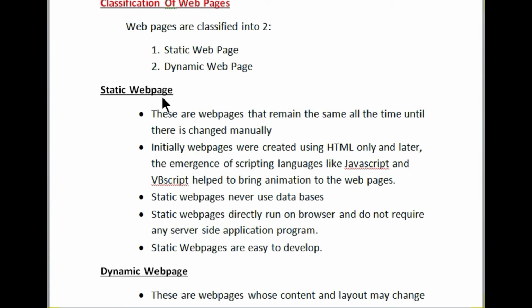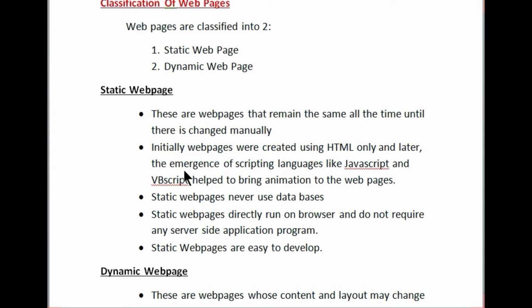But as the years passed by, scripting languages like JavaScript and VBScript emerged and helped to bring animation to the static web page. Although it brought animation, the content will be the same until it is changed manually by the programmer. That is the meaning of static web page.